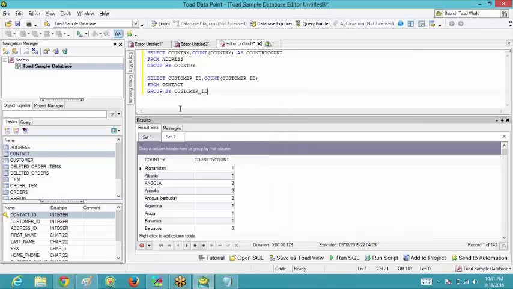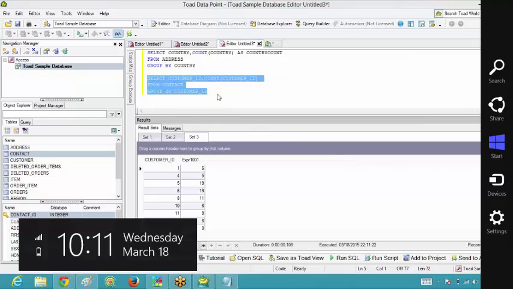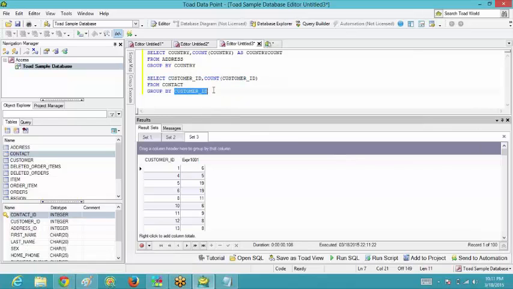So there it goes. Okay, and since I have not given the alias name, it's throwing the default name. Okay, that does not matter.